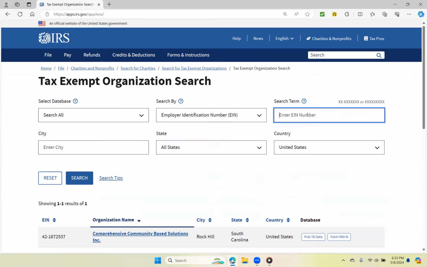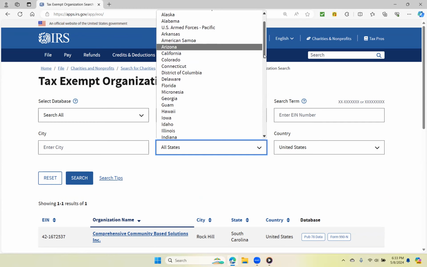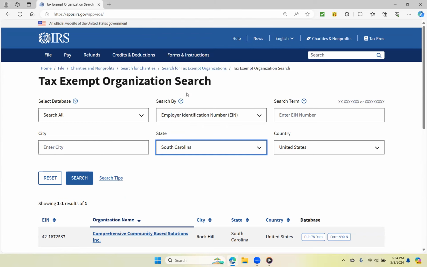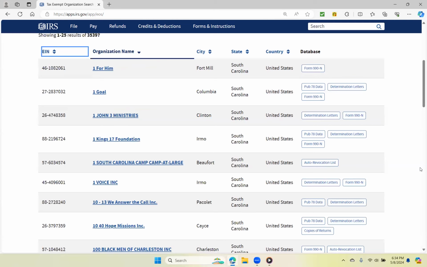search field. I'm going to do a general search for organizations in South Carolina. So you saw where I went to the state drop-down menu, and I clicked on South Carolina, see where I am, state, and then South Carolina, and I'm going to click on search. And I'm doing that because I want to be able to show you what it will look like when you come out here to see if an organization is revoked or not.